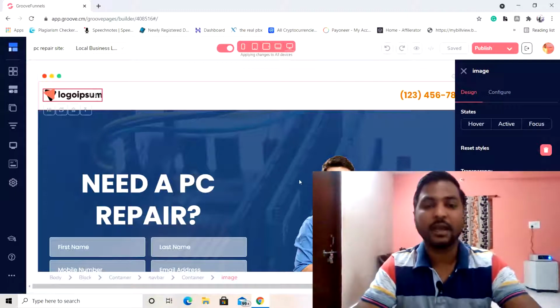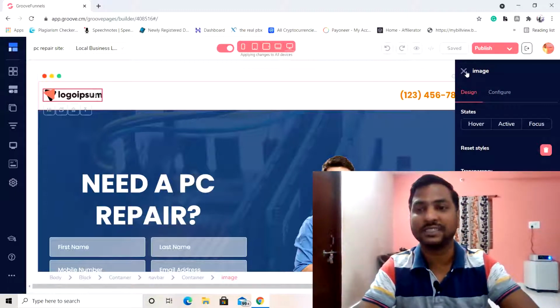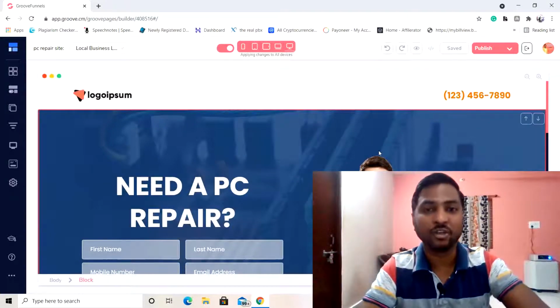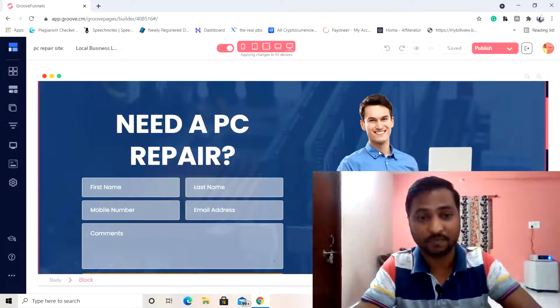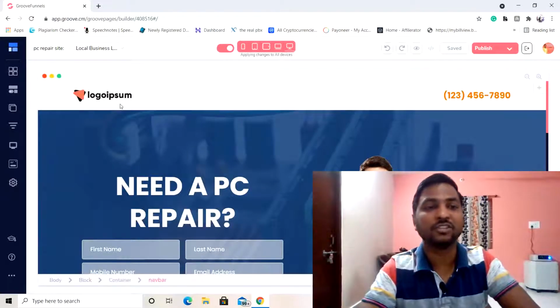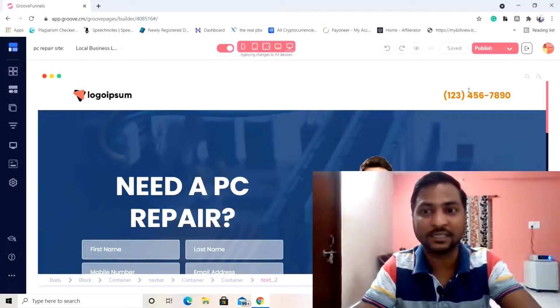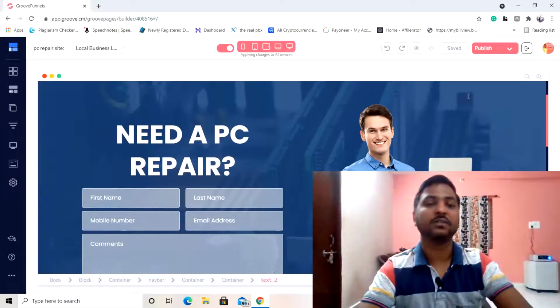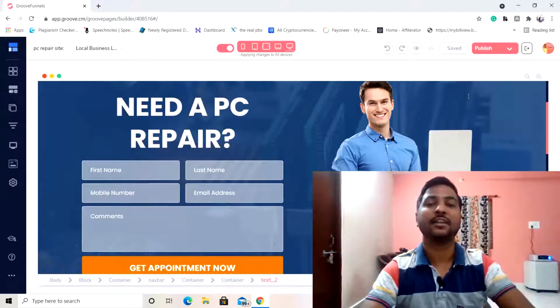Before going ahead, I just want you to please check this particular page once, what things are already mentioned over there and what we have to mention here. So the one thing mentioned is our logo and contact details like the company's phone number. The second block is coming, in which they have mentioned that need a PC repair.